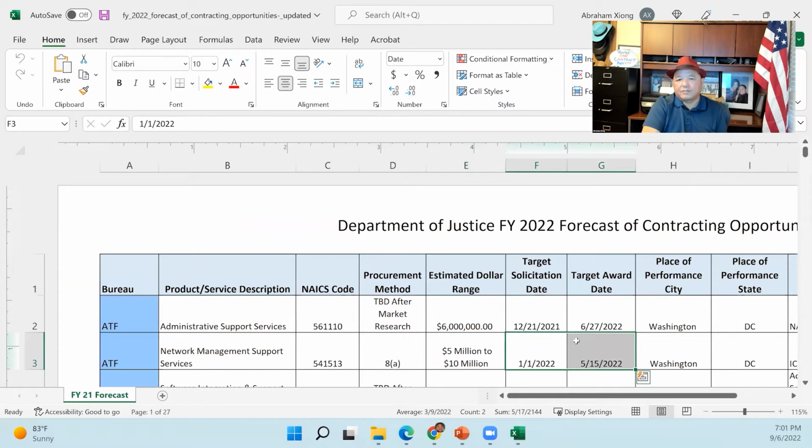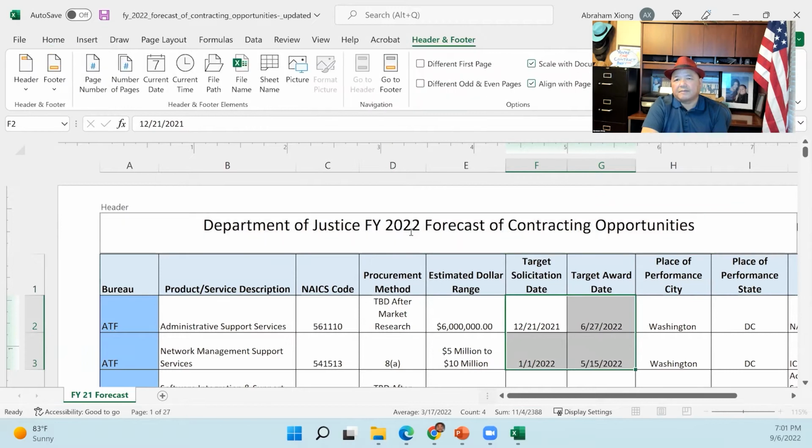Now, again, this is towards the end. So you're going to see some of these here already previously awarded already. But what you want to do is you want to look for the 2023, right? Now, if you only see the 2022, probably in October, you'll see the 2023. Some agency already has put out the fiscal year 2023 forecast. Most agencies have not because right now they're trying to award contracts.